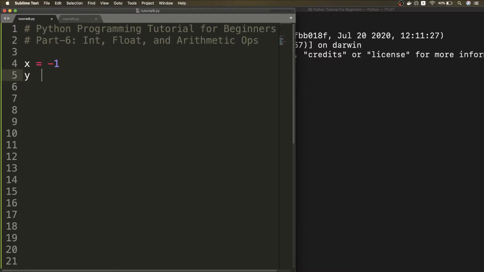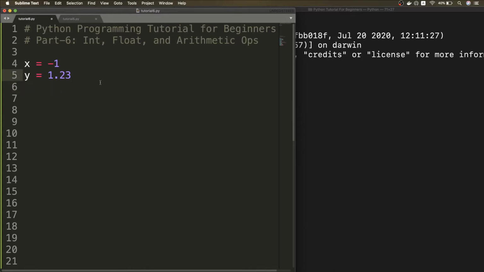Then we talk about something known as floating point numbers. Floating point numbers are numbers that have a decimal, so we can have 1.23. Then if we have 2 point, this is also a valid floating point number. Basically this means 2.0. So 0 automatically gets added to the value if you omit it, and those are floating point numbers.